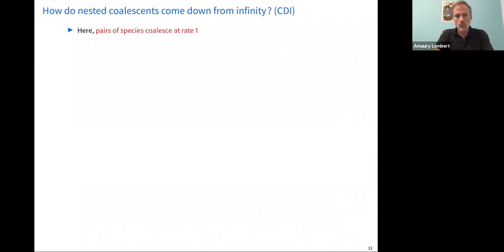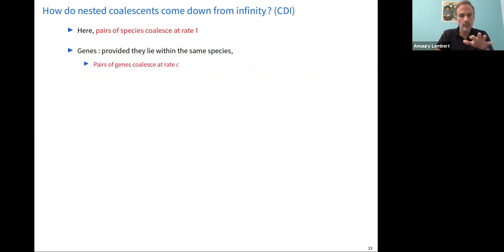So the class of models that we will consider here is, let's say, Lambda in Kingman. The species tree is a Kingman coalescent, and the genes undergo Lambda coalescence, right? So they're more simple than the nested coalescent that I showed during the first theorem. You have genes coalescing at rate c, provided they're in the same species, or merging according to a Lambda